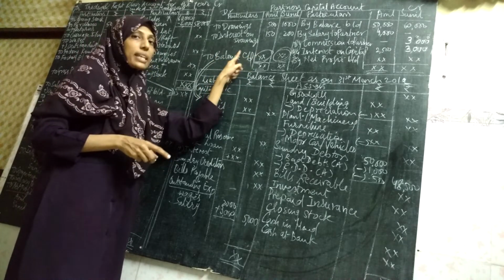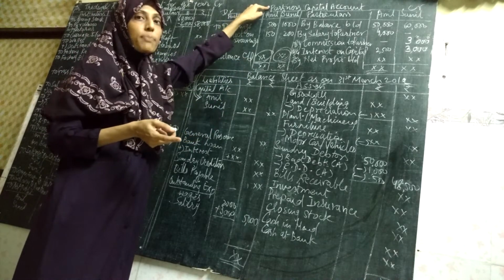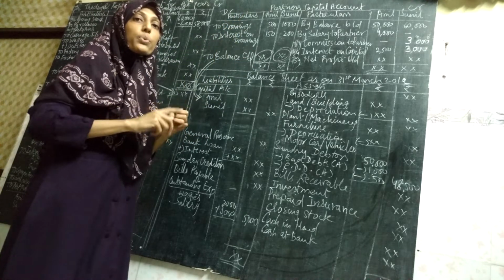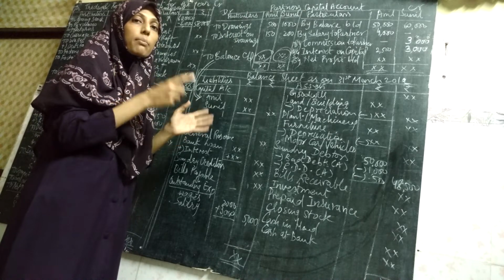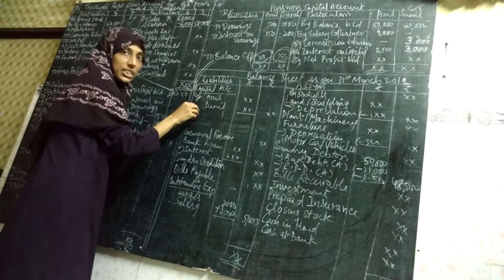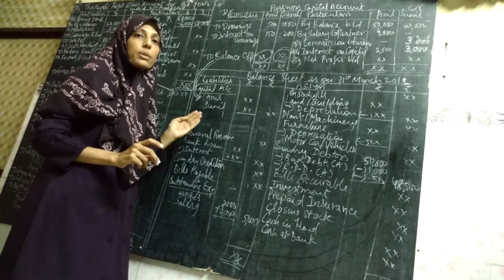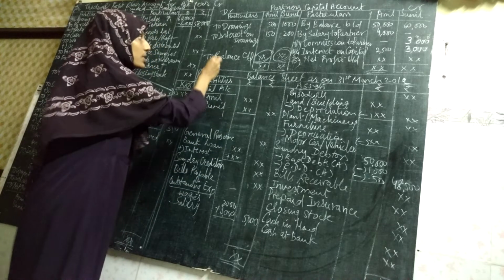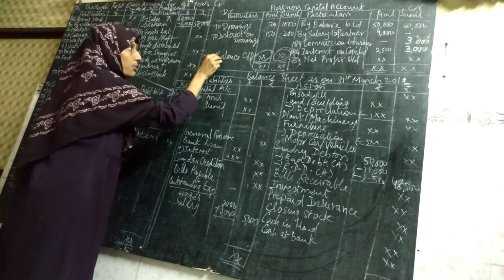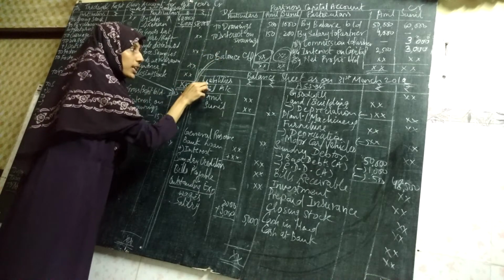Carried down is above the double line. This balance is of which account? It is the balance of the partners' capital account. Where do we reflect the capital in the balance sheet? We reflect the capital in the balance sheet on the liability side. In 11th standard also I taught you that the capital will be reflected on the liability side. So the same balance carried down is nothing but the capital of Anil and Sunil. It will be shown on the liability side.